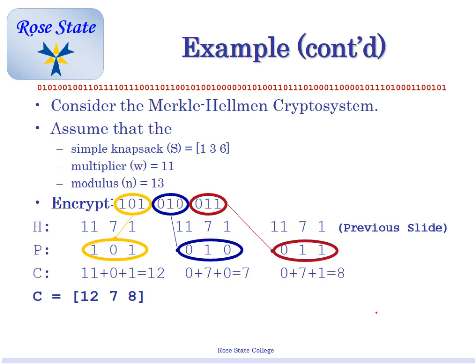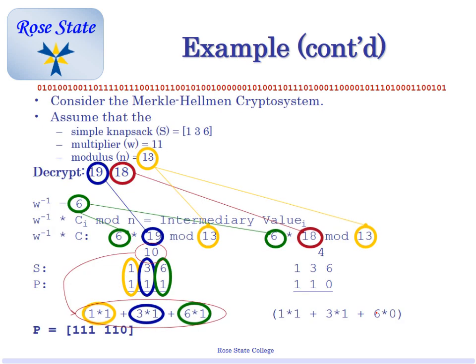Then decrypt. Okay, we've got to calculate the inverse of W. Unless I tell you differently, all three methods will all be the same, except for the homework where you're only calculating those. When you have to do this, I'll tell you which way to do it if they're going to be different. Okay? So, found out the inverse of W. Then we take our